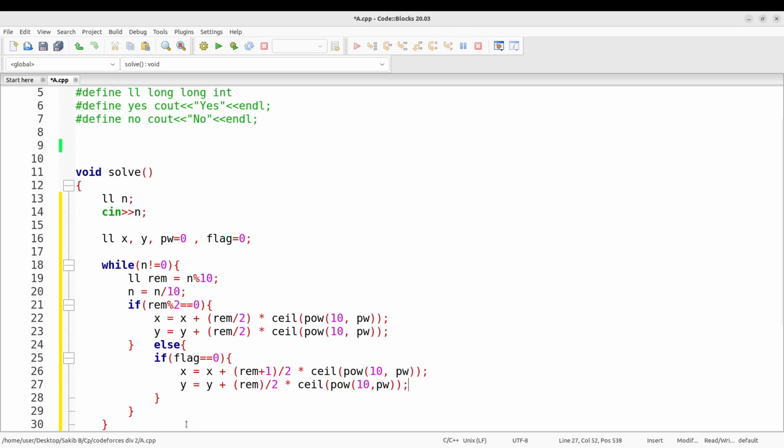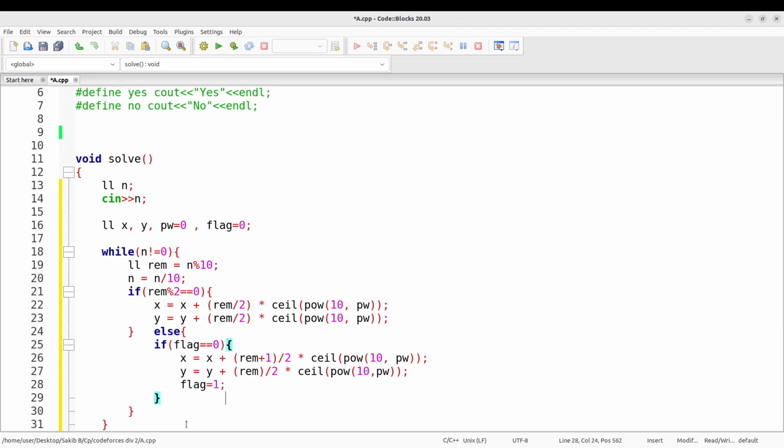So if the flag is this, after completing it we set flag equal to 1,